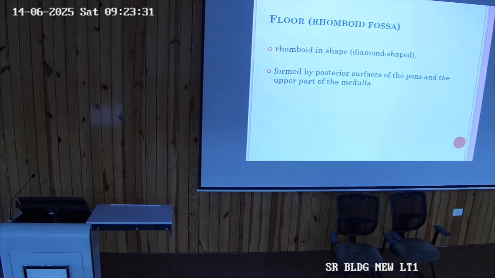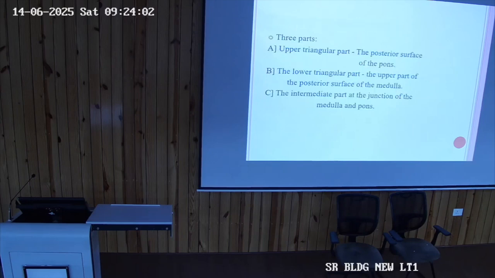Which cranial nerve nuclei are located in the pons? Fifth, sixth, seventh and eighth nerve nuclei. So the eighth nerve nuclei, the vestibular nuclei, they are located at the pontomedullary junction. So they will be visible. We will be seeing the abducens nerve nuclei in the floor. Leave the fifth. Then we will be seeing what else in the floor. In the medullary part there will be the vagal nerve nucleus and the hypoglossal nerve nucleus. So those will be visible.